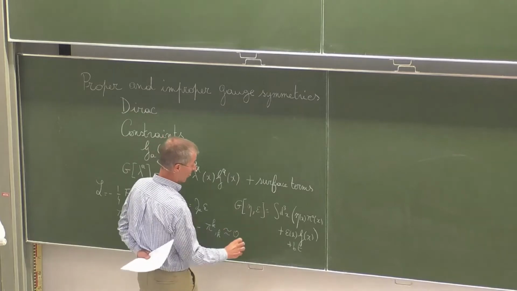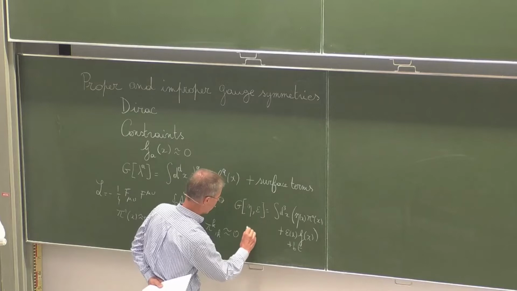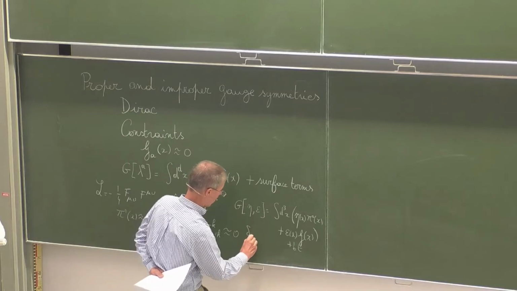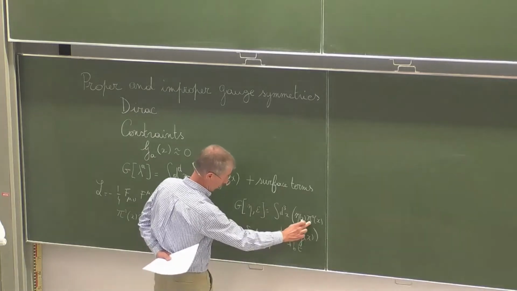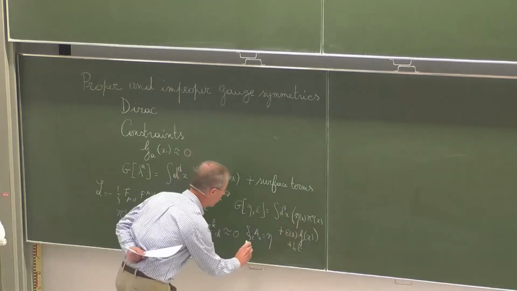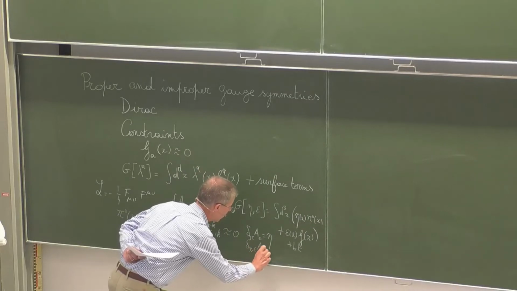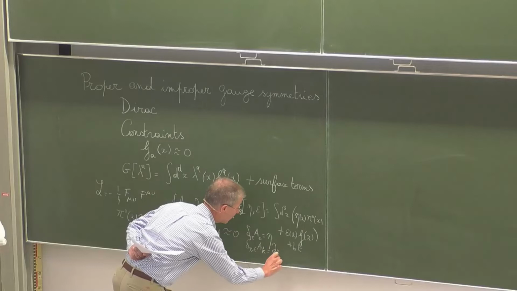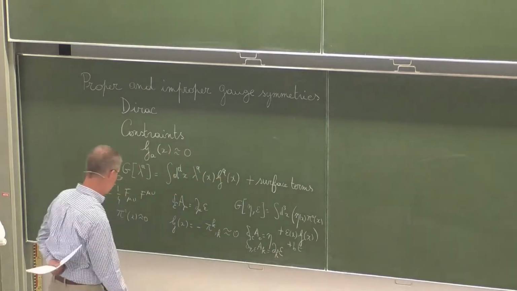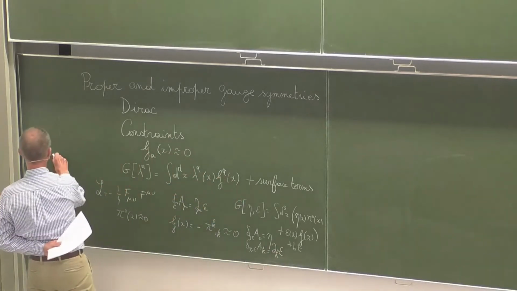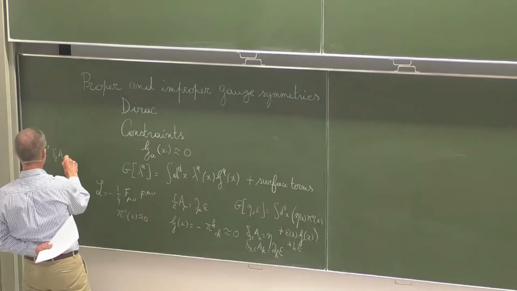And if I compute the corresponding canonical transformation, I get that delta eta epsilon A0 is eta, because A0 is conjugate to pi 0, and delta eta epsilon A k is d k epsilon. We computed that yesterday, which I have to compare with